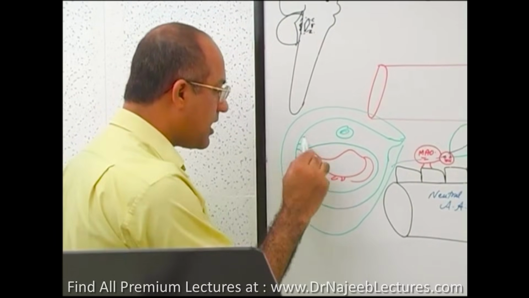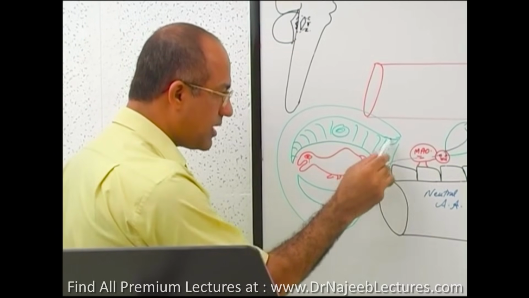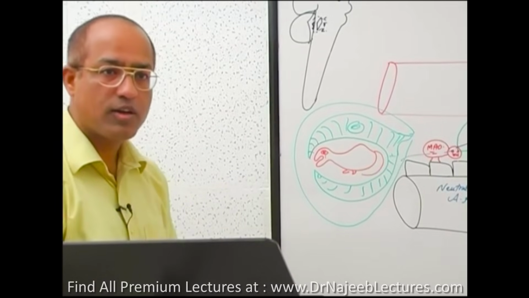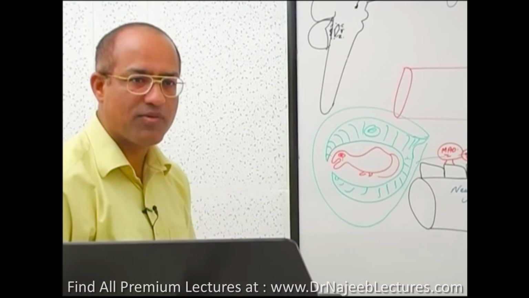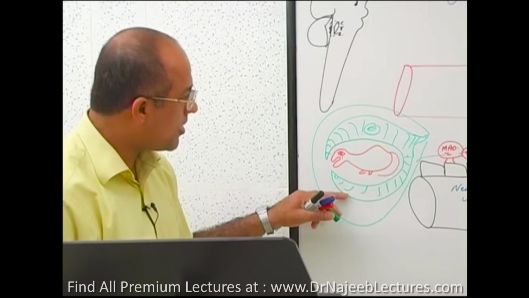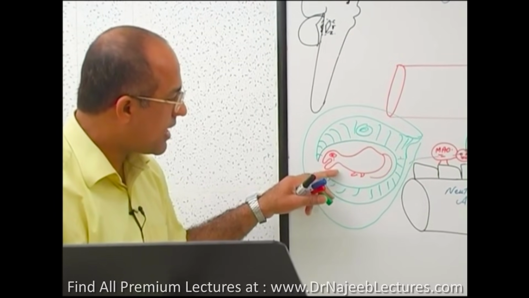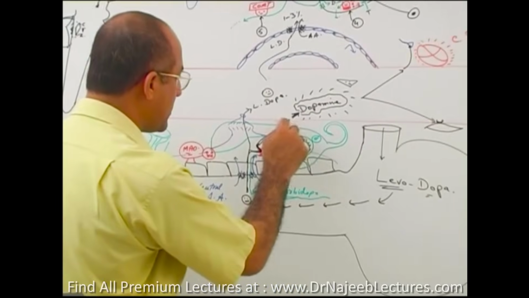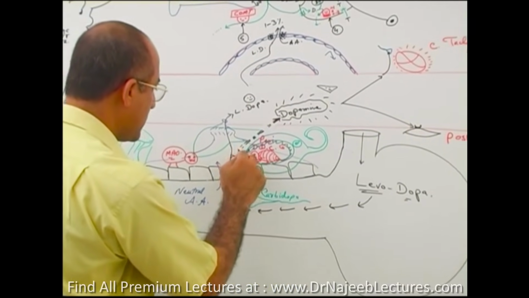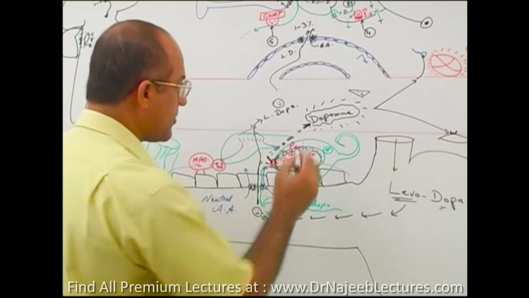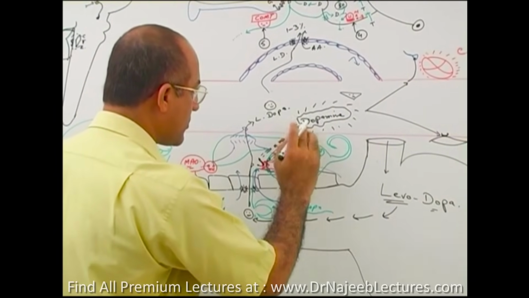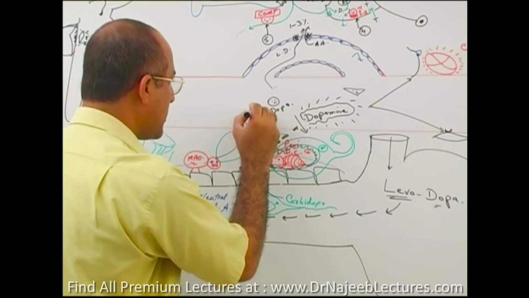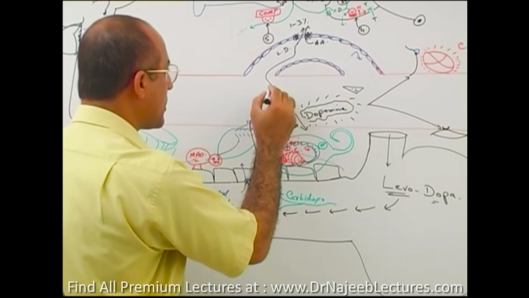Carbidopa loves to bind with dopa decarboxylase and make it ineffective. When carbidopa binds with the dopa decarboxylase and reduces its activity, what happens? The production of dopamine is reduced, and levodopa available and going to the central nervous system is